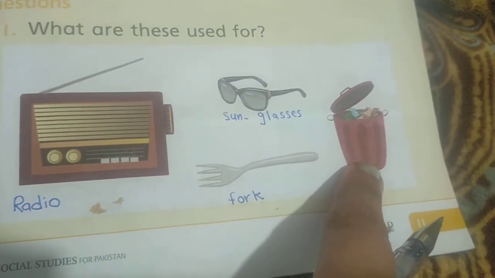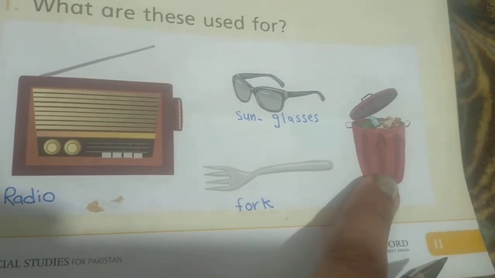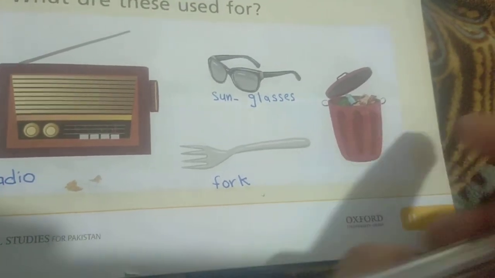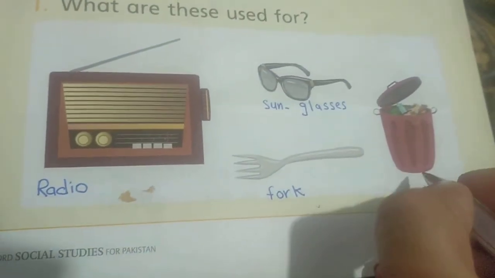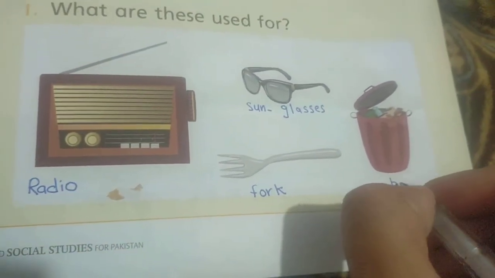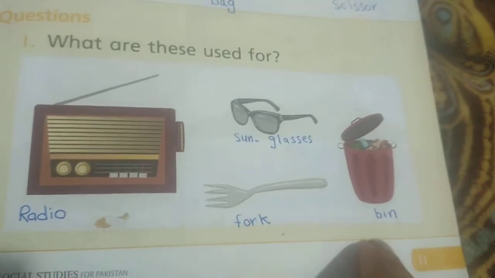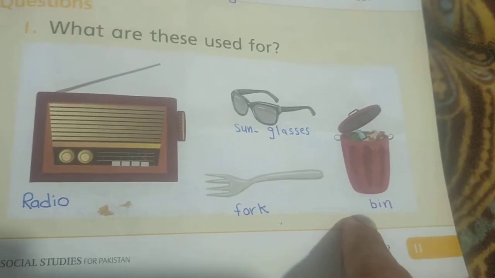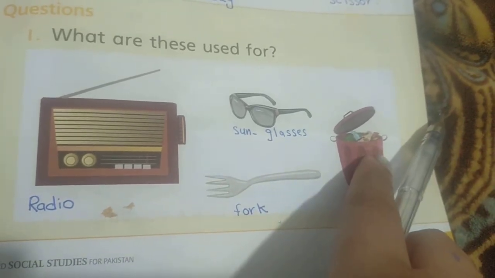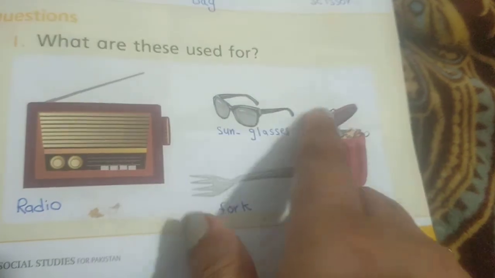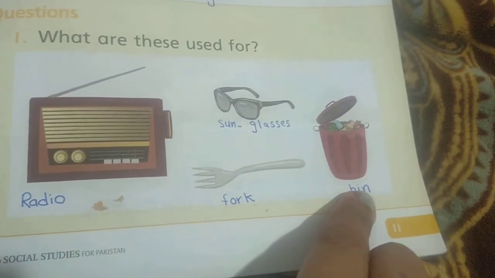So, nursery class, move to the next thing. What is this? This is a dustbin. Dustbin, or simply a bin. What do you throw in the bin, nursery class? You put wrappers in the bin, nursery class. The candy wrapper, the biscuit wrapper, the juice wrapper, nursery. Everything. The teacher puts the sharpener waste in the bin. Remember, nursery? So we put waste in the bin. Okay, nursery class, B-I-N, bin.